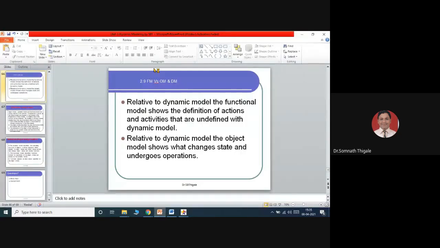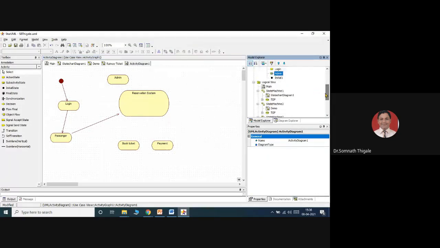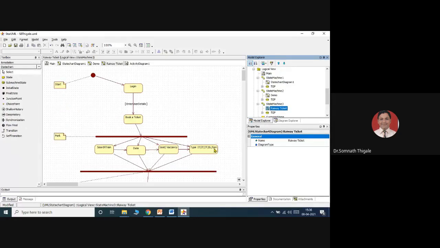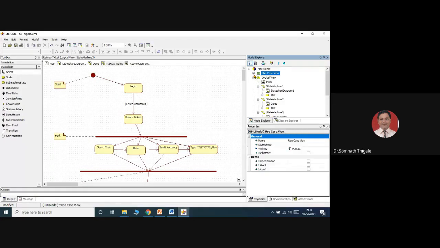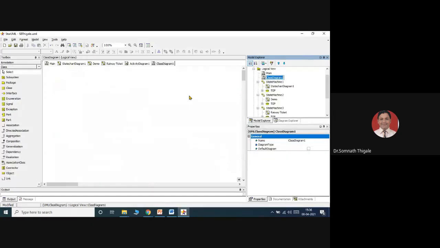Now our task is to find out the relationship among this function model, object model and dynamic model. Now this object model represents your class diagram. So you can easily identify: this is my function model. Remember this. This is my dynamic model. And now I want to represent the class model. So I'll add one more diagram here as part of our object model. I'll add the class diagram. I'll give the name